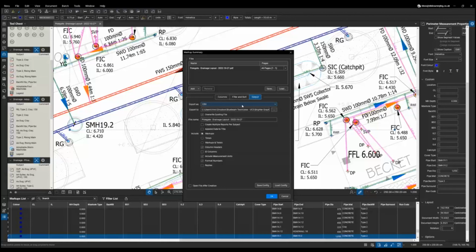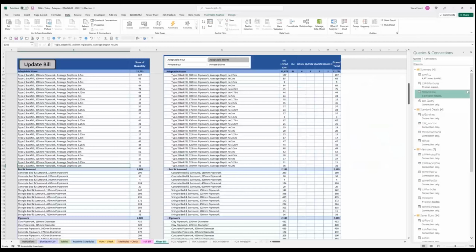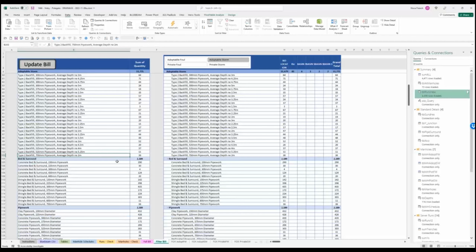Right, so this is our export to CSV. I don't need it to open the file after creation, so I'll just press OK. That's processed all the information. I can then jump back into my spreadsheet, and all I need to do here is hit update bill, and you'll see over here it starts working, it starts loading some data. Now this process once again isn't that quick, but it's automated, so you can jump away and do something else. Once again, it's going to be even slower today